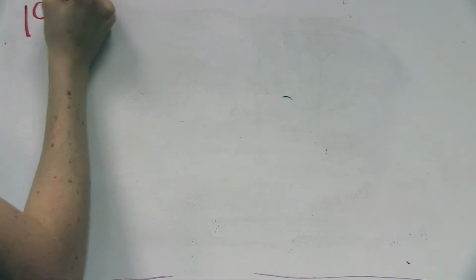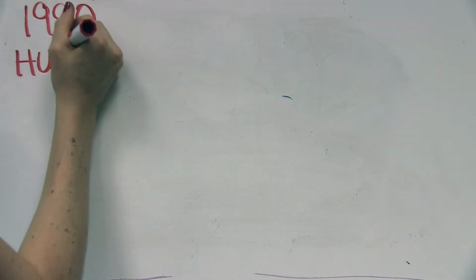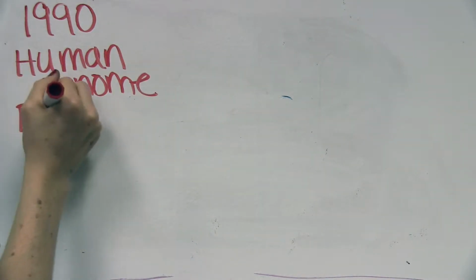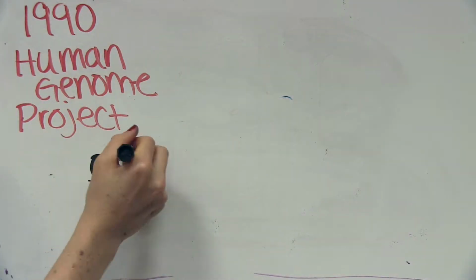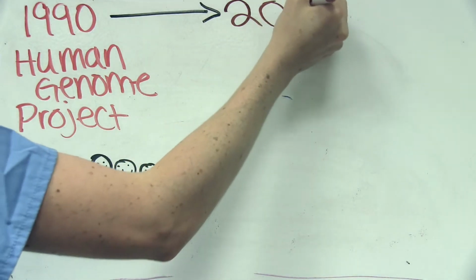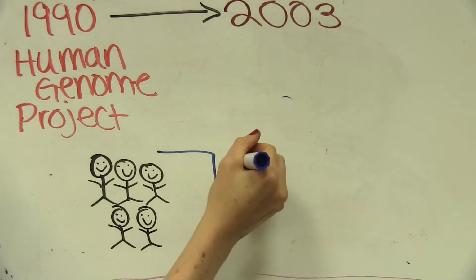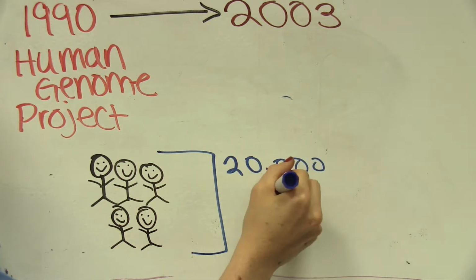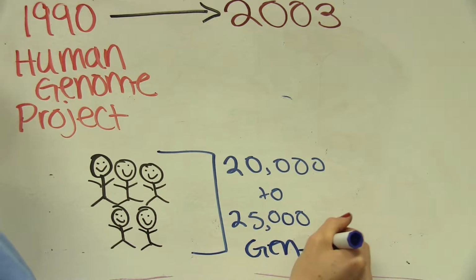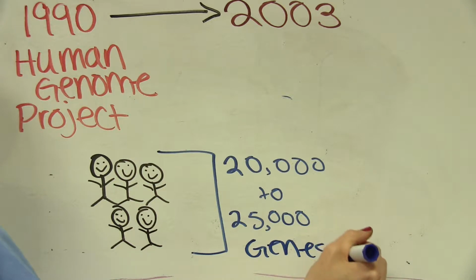It wasn't until relatively recently that we were able to sequence the entire human genome to identify some of the genes that are contained in a human. Scientists even determined where some of these genes are located. In 1990, a massive international research project called the Human Genome Project began sequencing the entire human genome. Scientists from all over the world worked on this for 10 years, and finally in 2003 it was completed. They determined that humans have between 20 and 25,000 genes encoded in over 3 billion base pairs that make up